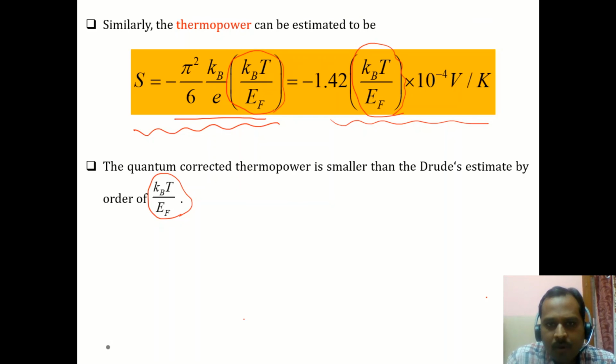So this is all about the classical and the quantum free electron theory. But one of the major disadvantages of this free electron theory is that it is limited only to the metals. In order to understand the properties of the other kinds of solids, that is the semiconductors and the insulators, we need to know the other counterpart, that is how the nuclei or the ions are arranged inside the solid, or in other words we have to know what is the crystal structure of the particular solid and how it impacts the properties of the solid.